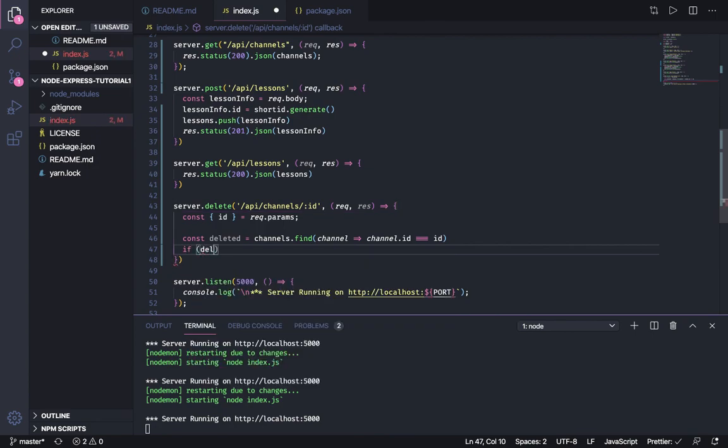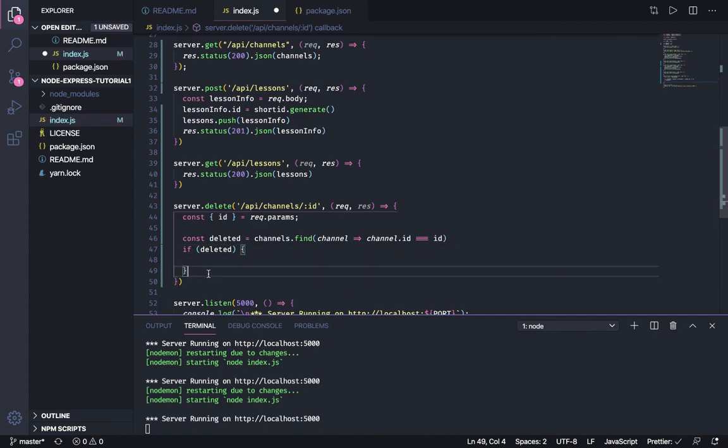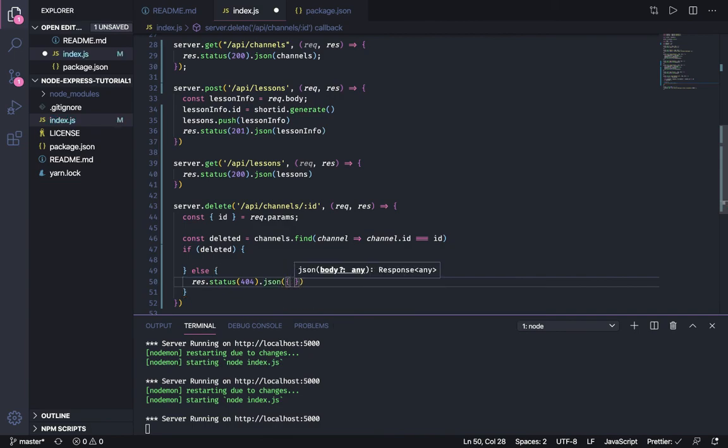So now, if deleted exists, that means the record we want to delete exists, so now we can do something. Else, if it doesn't exist, then we can return a response of status 404 with a JSON message of channel you are looking for does not exist. Some sort of message that lets them know, hey, I can't find what you're trying to delete. If deleted is truthy, this array method returns either the channel that we want to delete, or it returns null. If it's a channel, this becomes a truthy statement, and if it returns null, this becomes falsy. So if it's truthy, then we're going to say channels equals